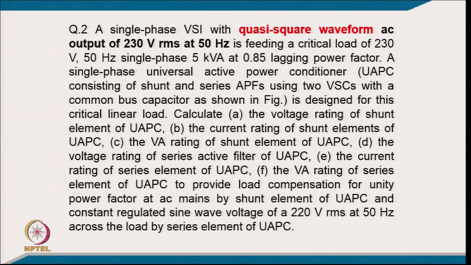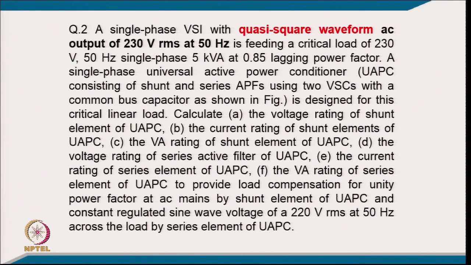Now, coming to another example: a single phase voltage source inverter with a quasi square waveform AC output of 230 volt RMS at 50 hertz is feeding a critical load of 230 volt, 50 hertz, single phase, 5 kVA at 0.85 lagging power factor. A single phase universal active power filter conditioner consisting of shunt and series active power filter using two voltage source converters with the common bus capacitor shown in the figure is designed for the critical linear